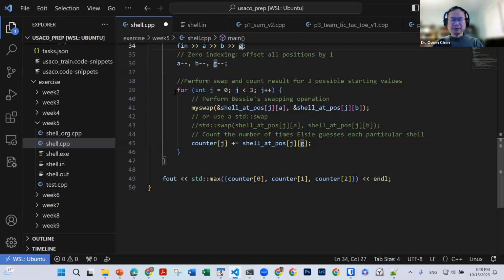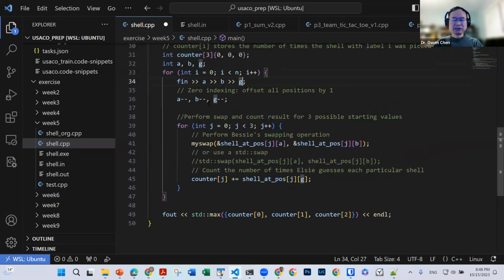Then we go through these 3 scenarios, right? Under each step of doing the play, we go through each scenario. J is the scenario, and those are the 3 initial positions. So we do a swap. We will look at this my swap later on. My swap is just a swap of 2 numbers, and then we use this %,